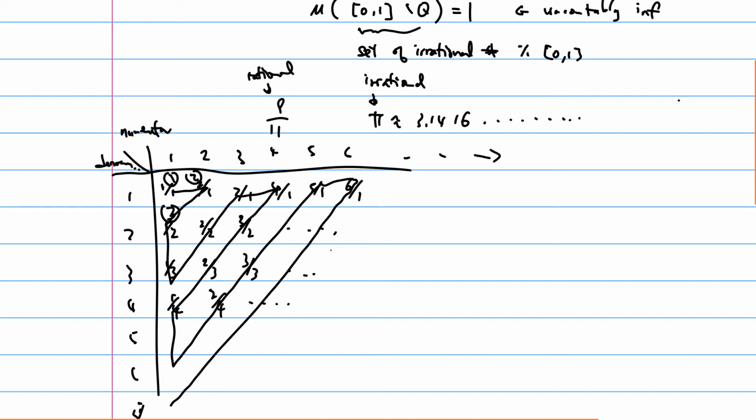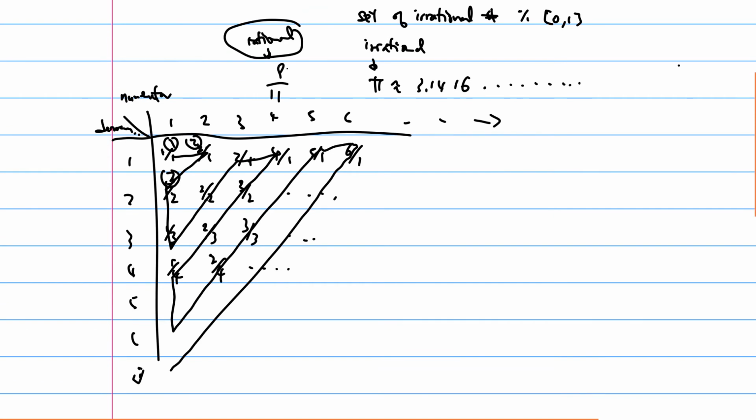So all the rational numbers will be assigned an index. For example, this 3 will be assigned index 1, 2, 3, 4, 5, 6, let's say index 6. The key point here is that all of them will be assigned an index, therefore they will be countable. So all the rational numbers are countable. It's infinite, but it's countably infinite.